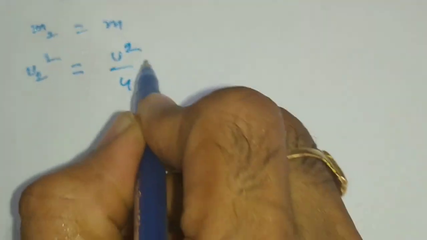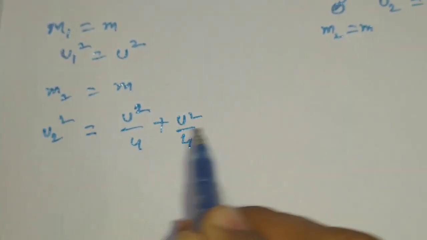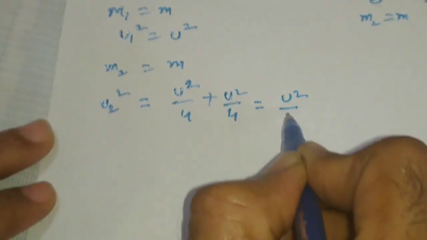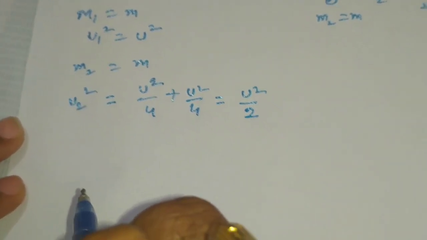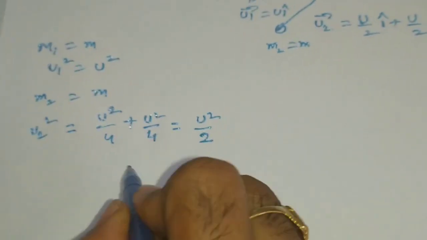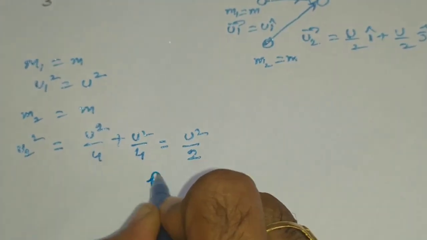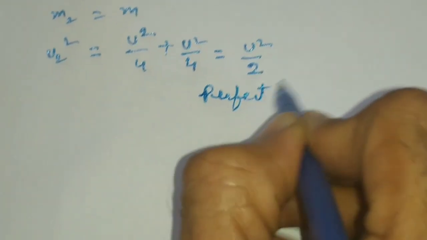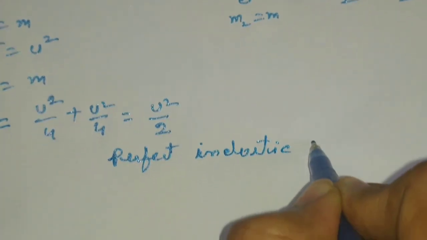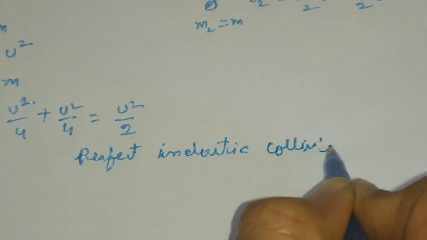So u square by 4 plus u square by 4, that is equal to u square by 2. And after collision, they move with a common velocity. So as this collision is perfectly inelastic collision,